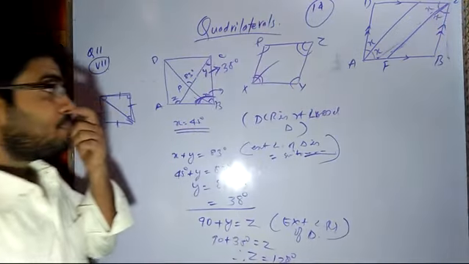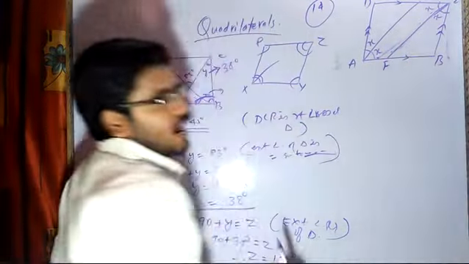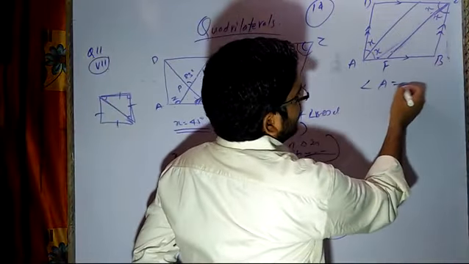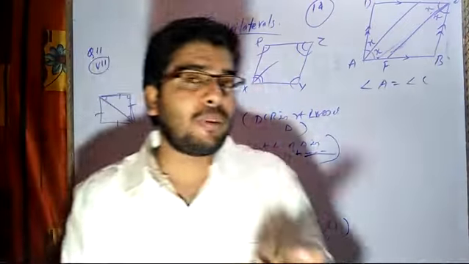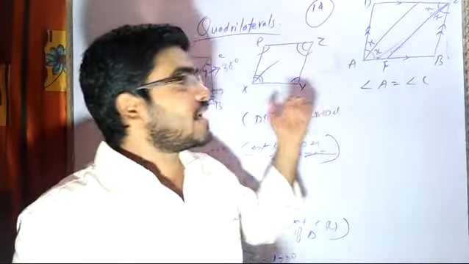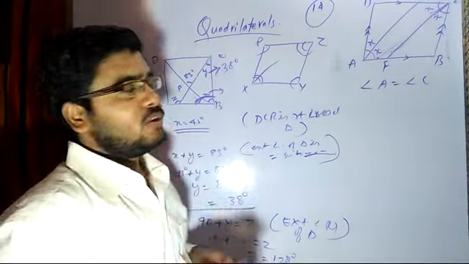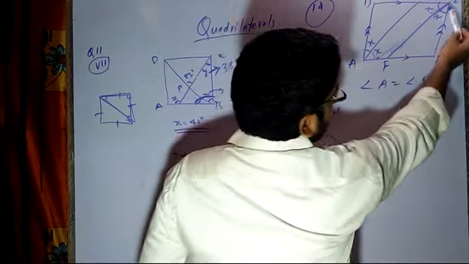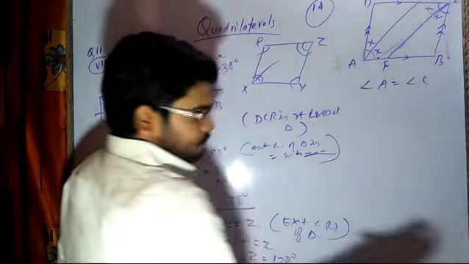Can I write like this? Obviously I can write. Why? Because opposite angles are equal. I have taken angle A and angle C, so I can write angle A is equal to angle C. I am just writing the proving part. I am trying to explain with the help of numerical values, by putting x and y. But in case of proving, you can simply write and prove. That also I will tell you. But first you observe this. Angle A is entirely one angle, angle C is one angle, and they both are equal. I have taken 2x, so it will be x, x, x, x.